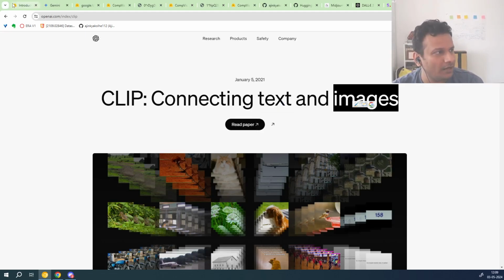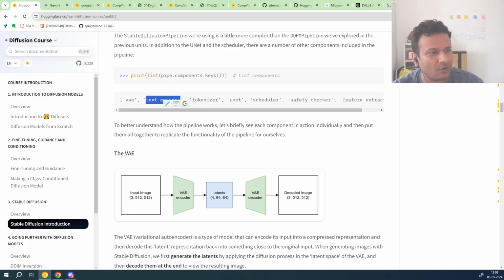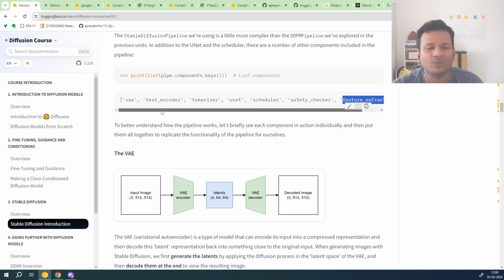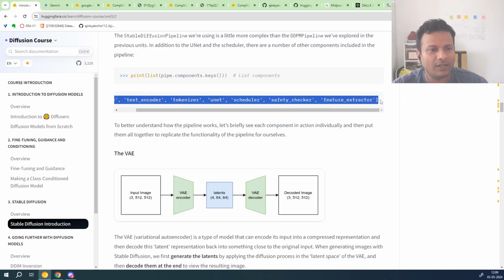So that model not only has just text encoder and tokenizer, it also has an image model which takes in an image and converts it into its features. Okay. So this is how these components are. Even though they are not logically related when you take a look at the output,